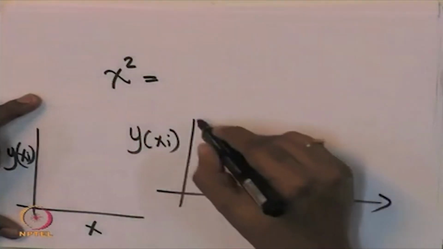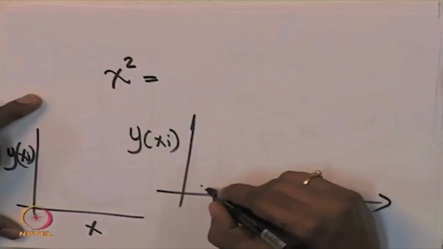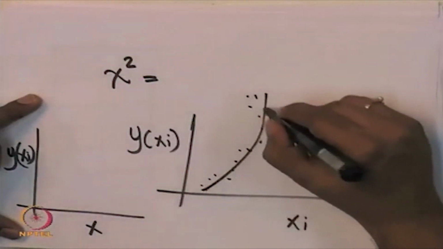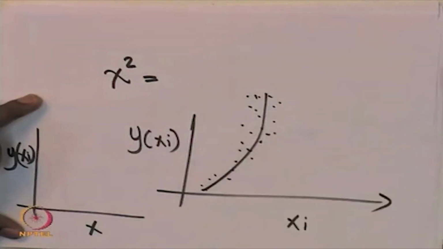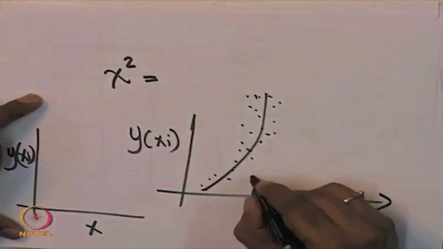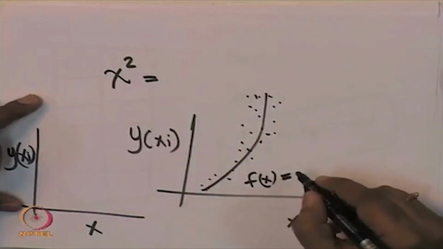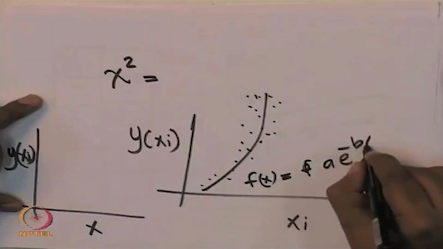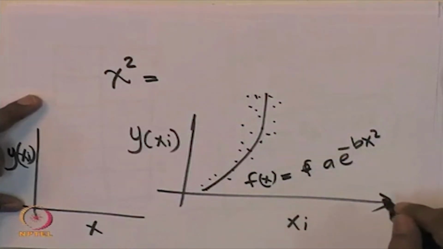This is experimentally measured y of xi. This can be some curve, it can be some data like this also. So, it might be like fitting with some, need not be a straight line, it might be fitting with a curve, some function f of x, which could be, let us say a e power minus b x square, it could be even a Gaussian, or it could be any function,